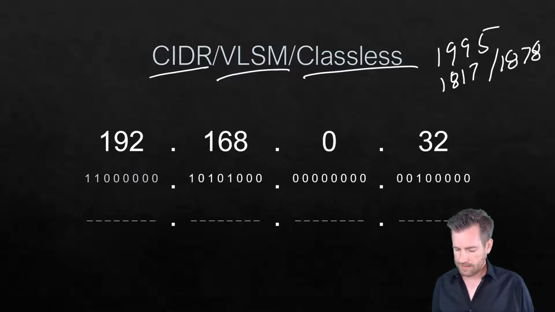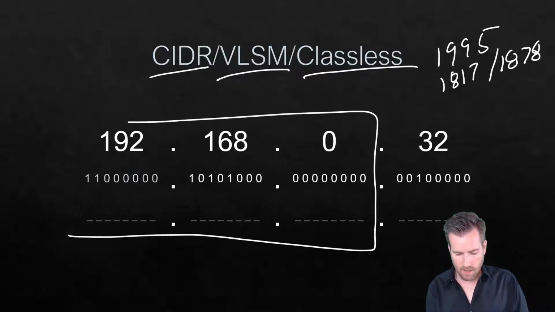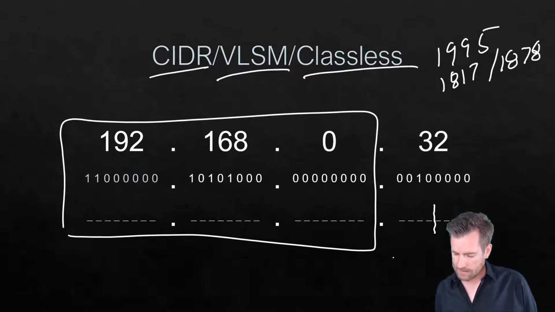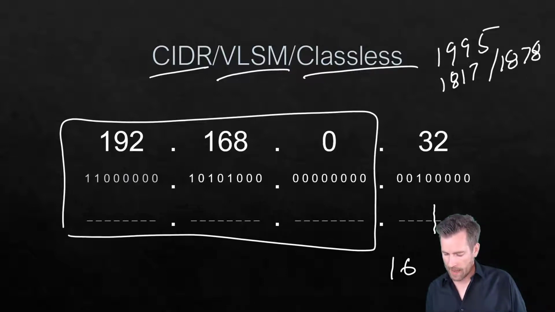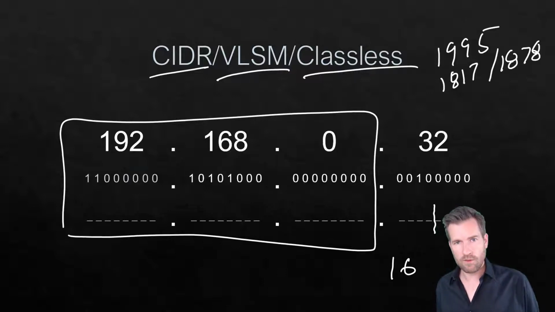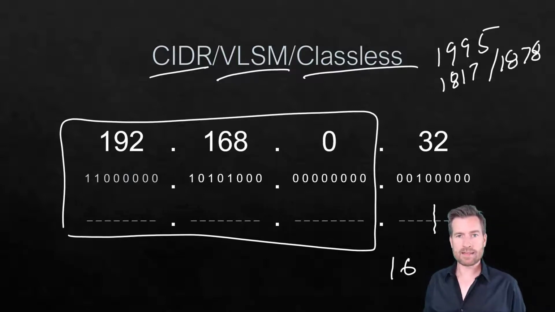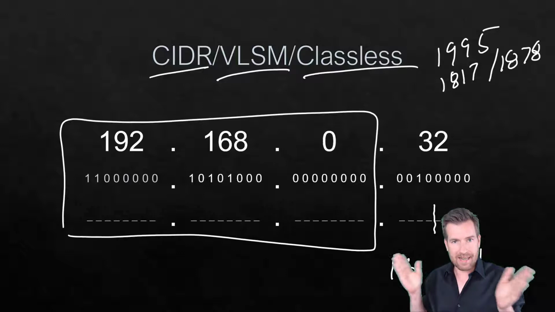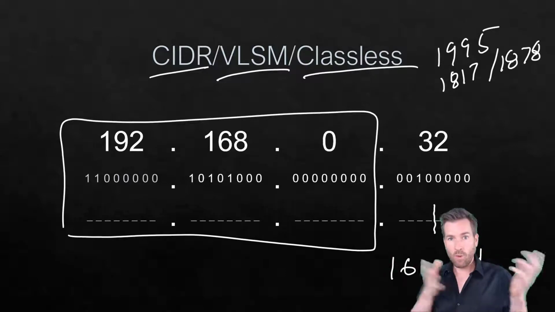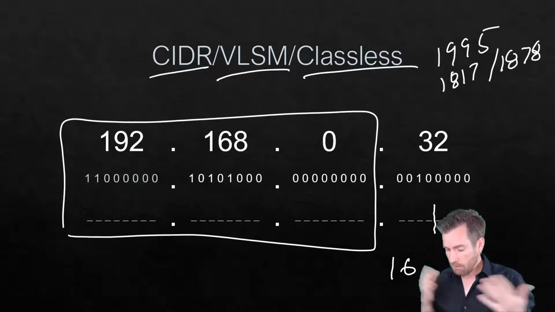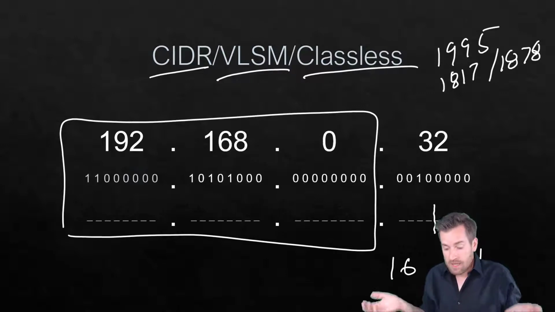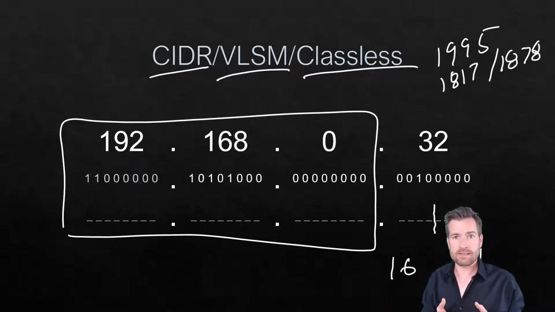So before, in my last example, we have a Class B right here, and then I gave the example of borrowing 4 bits so we can create 16 networks and then have 14 hosts on each one of those networks. What variable length subnet masking realizes is that not all of your networks are going to be cut down into the same size. So for instance, let's say one network I have has a lot more than 14 hosts, and so it needs to be a lot bigger. And then the next network that I have needs a lot less. Maybe only a couple addresses are needed for one of those